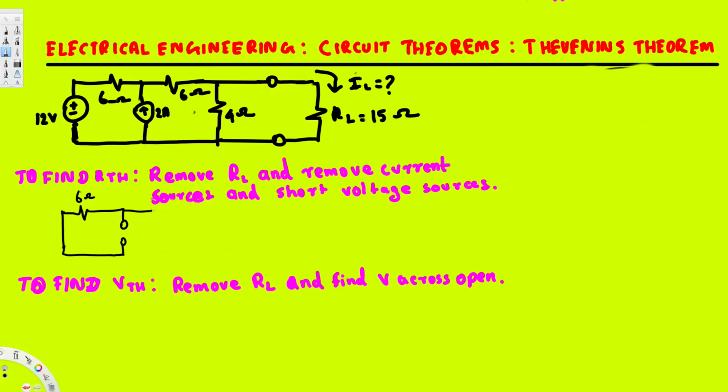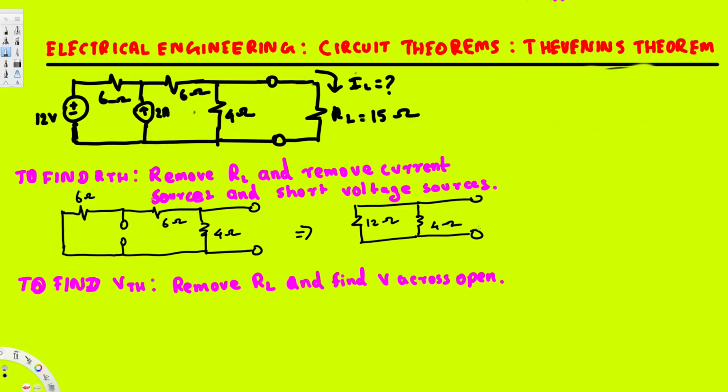And then here we have another resistance that is 6 ohm, and also we have another resistance that is 4 ohm, and we remove the load resistance, so that's going to just look like this, right? And if you notice, this 6 ohm and 6 ohm are in series right now, so we can combine them together. That's going to be 12 ohm. So we have 12 ohm right here, and we have 4 ohm right here,